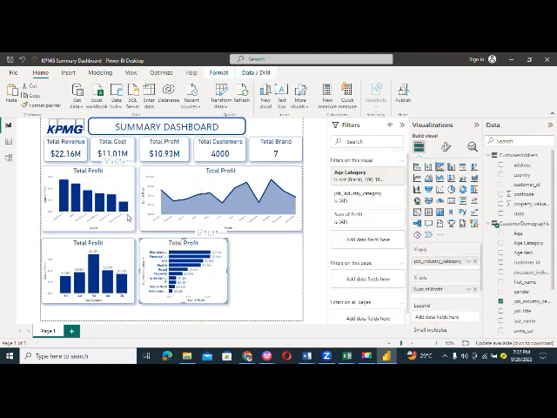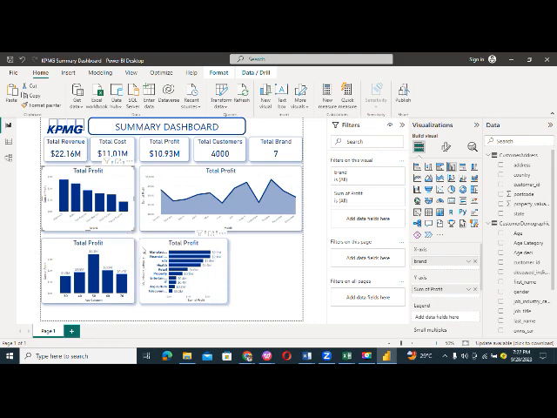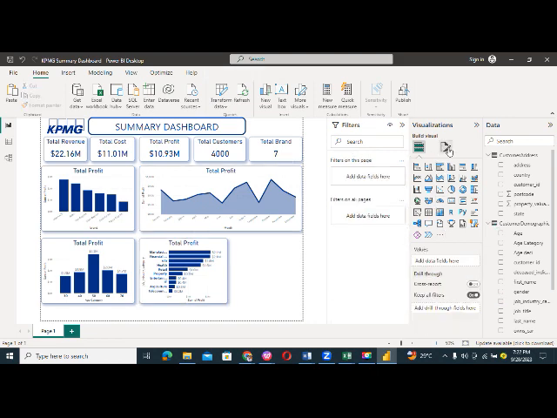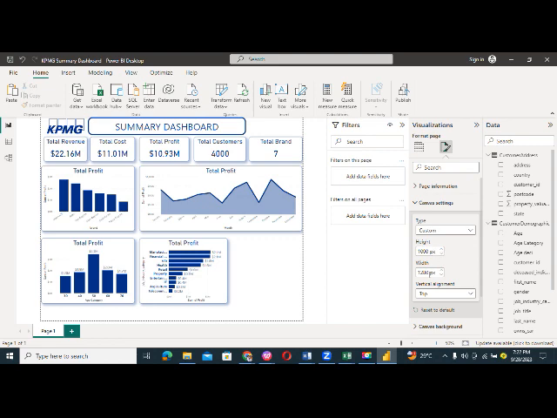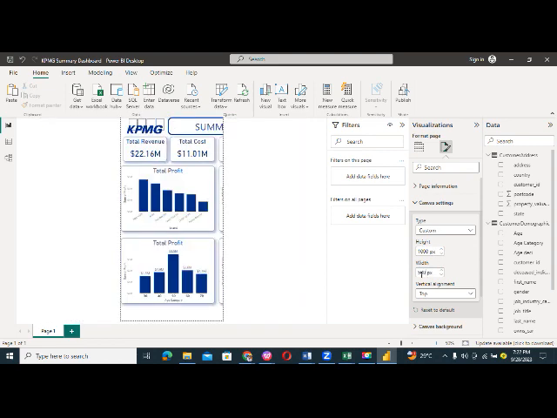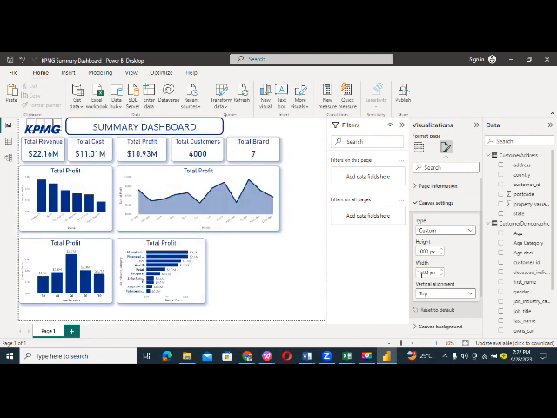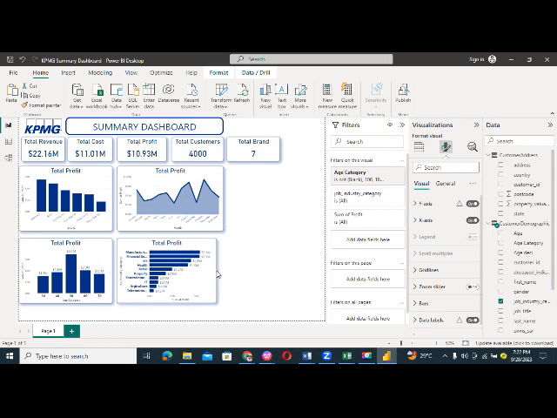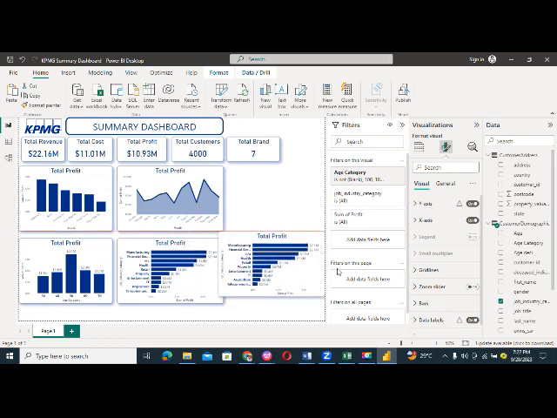So let me see if I can reduce. Let's click on the empty space again, and let's increase the canvas setting a little bit, and let's make this 1.5. Let me make it 1.5, right? So that we can have more space, more space for more visuals, which makes sense. So we can leave this like this, and we can leave this like this, and then we can copy this and paste and bring it down here and reduce it a little bit, and